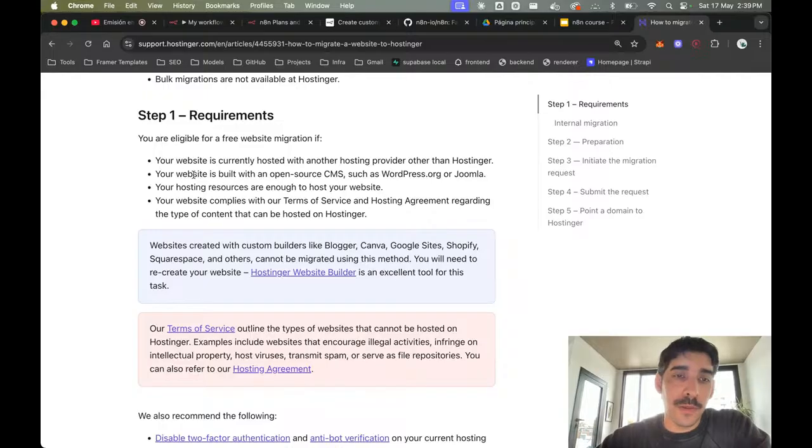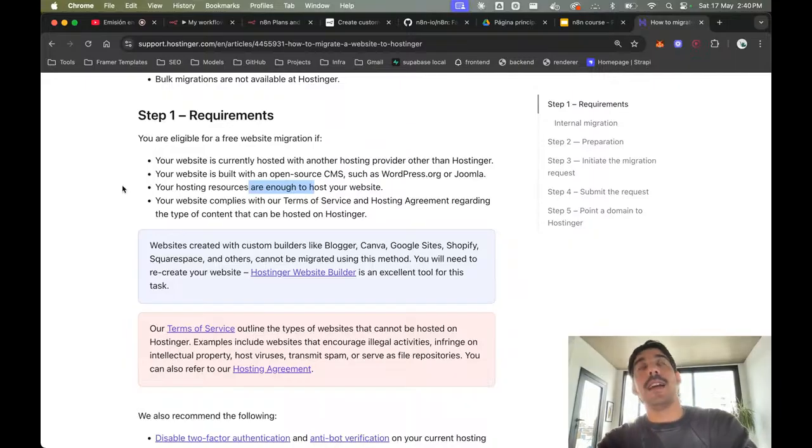And one of the requirements is that your website should be built on WordPress or Joomla, which was a great coincidence, really. And some agreements and whatnot, and some other more technical or ethical stuff.